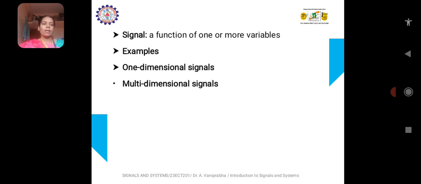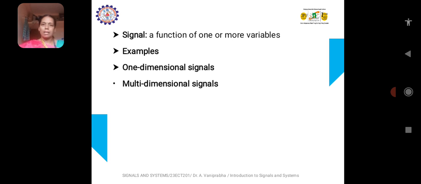Let us say, the temperature of a room. It varies with respect to time. Morning will be having a different temperature, like 28. In the mid noon, we will be having some 32, or in the evening, some other temperature range. So a signal is dependent on one variable, which is nothing but the time. The temperature is dependent on time. Whereas